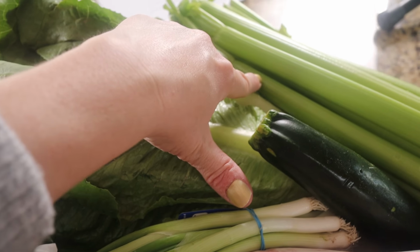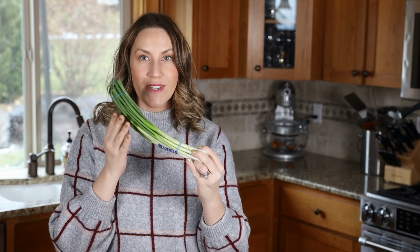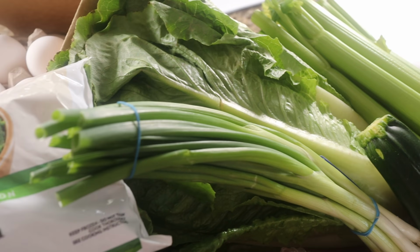I also have some celery. This will serve as a base for the chicken soup that we're going to make. I have a zucchini to go in a casserole recipe. And then for some flavor, I opted to get some green onions. These are around 50 cents each, and they go a long way and they add a ton of flavor to